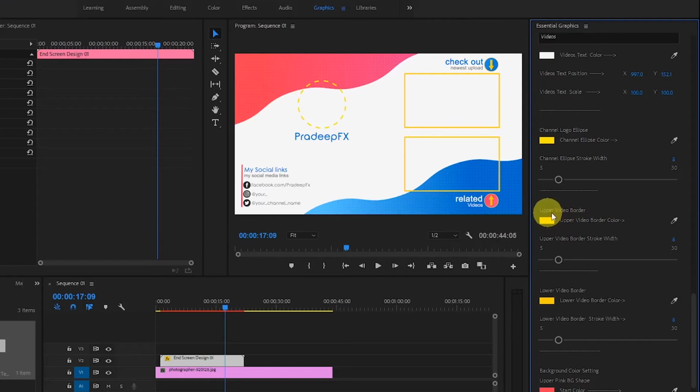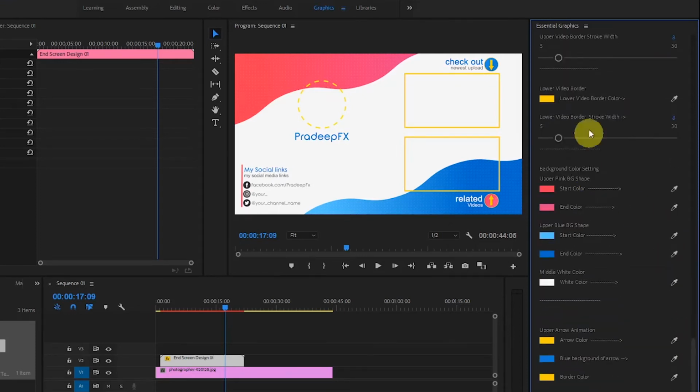After that, you can change the color of this upper video border. You can increase or decrease its size. Okay, after that, you will find lower video border. From here, you can change the lower video border's color and width size. Okay,